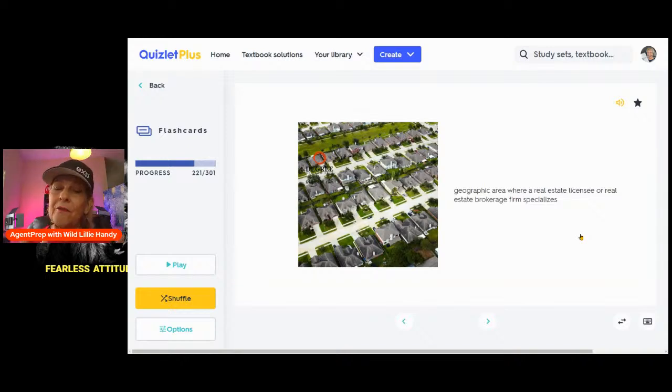That is considered a farm that you're going to market to. So you want to pick a farm that has hundreds of homes. That way you can mail out direct letters, postcards every month. And that is part of lead generating and getting some potential sellers to sell their home